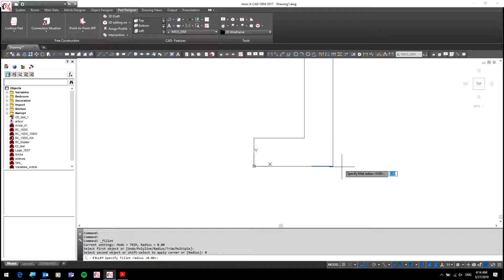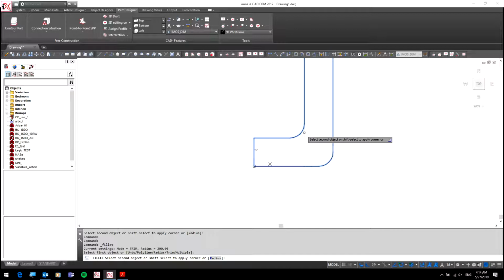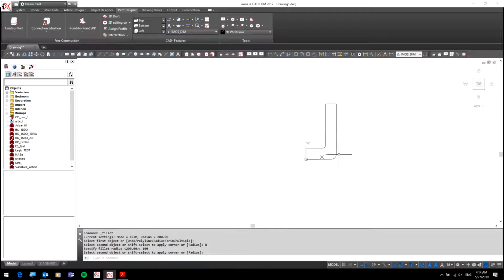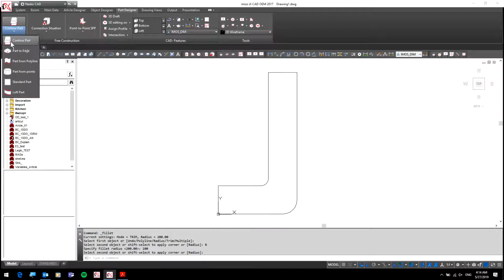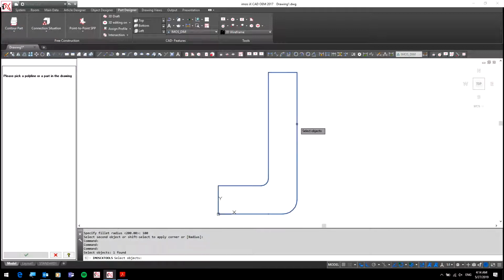So I go, let's say 200, and I go like this. Then I go again, but this time I'll go here radius, and this time 100. Okay? And now I click here and I pick contour part, and I click,